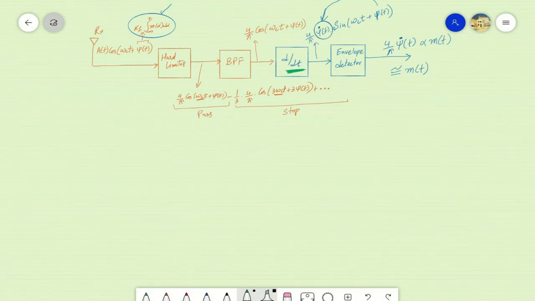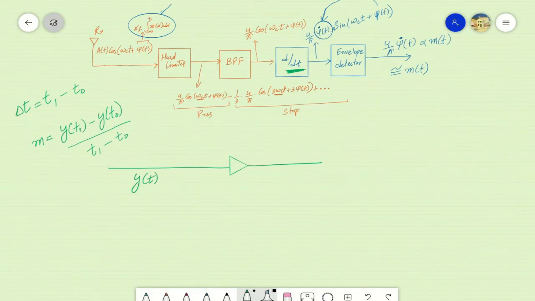For example, the derivator computes the slope. The equation to compute the slope of a certain signal is the amplitude of that signal at time instant t1 minus the amplitude of that signal at some previous time instant, let's say t0, divided by the difference between these two time instants, that is t1 minus t0. So if the difference between these two time instances is equal to delta t,